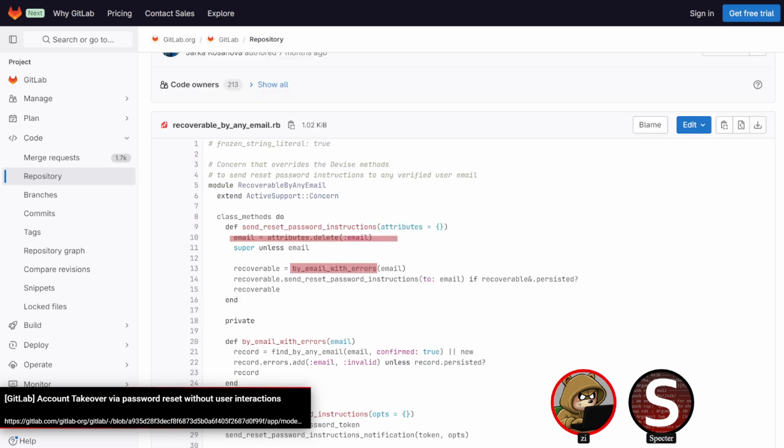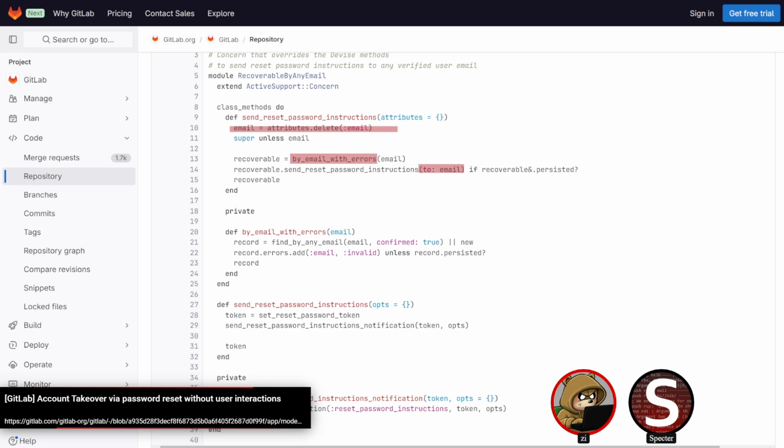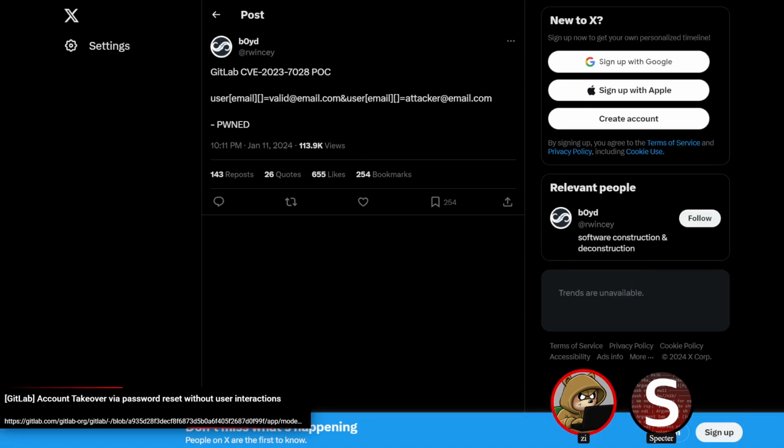But the code itself is going to continue to pass in this email array as where the password should be sent. So if you have an array, you would provide the valid account that you want the password reset for as your first email, and then the second email, or further emails in the array, would be your attacker emails.